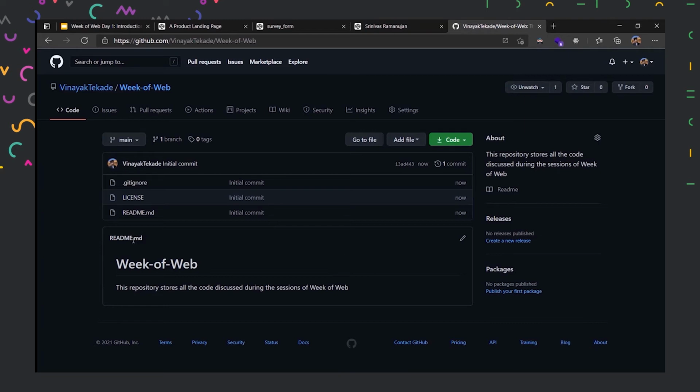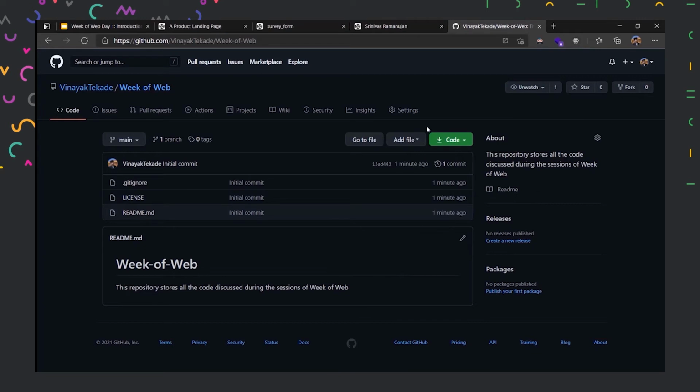And if you notice, the extension is .md, and by .md we mean Markdown. Markdown is also similar to HTML. It is also a markup language, but it is much more simplified than HTML. Instead of having a tag system, it could use symbols. It could use symbols to describe the elements of HTML directly. All those things are possible over here.